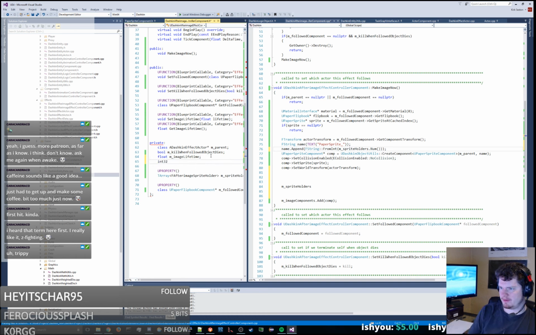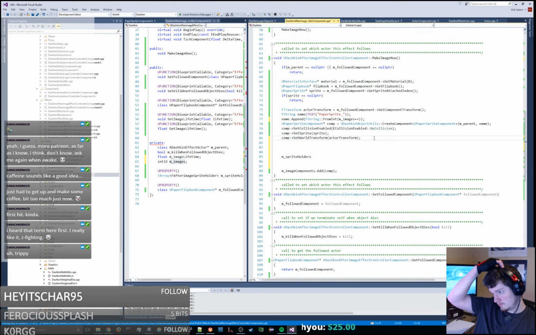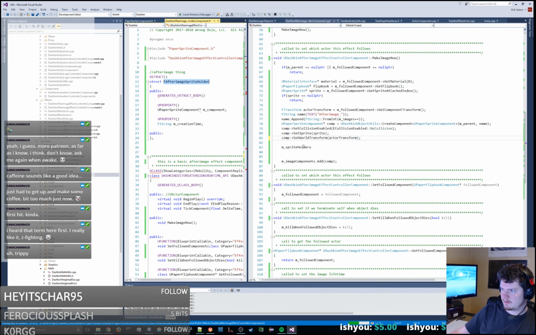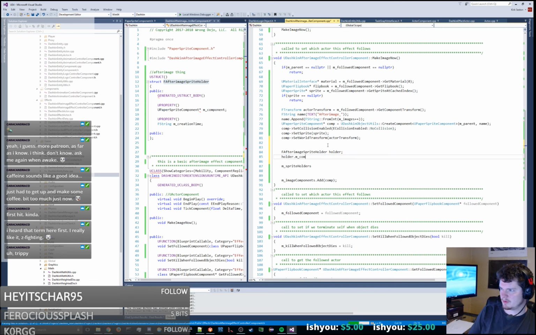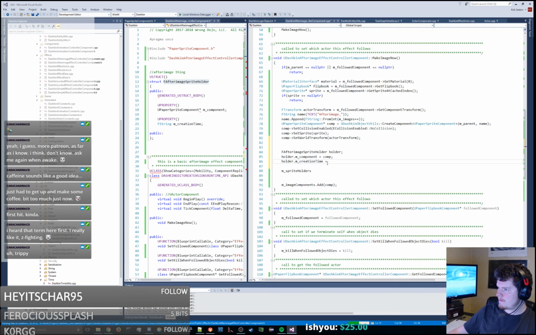Let's actually have like an int32 m images. And we're just going to make this super naive, because we don't have to do too much. So we are going to get our sprite holder. Holder.m component equals comp, holder.m creation time equals our time utils get level time, and then we just do a sprite holders.add holder,